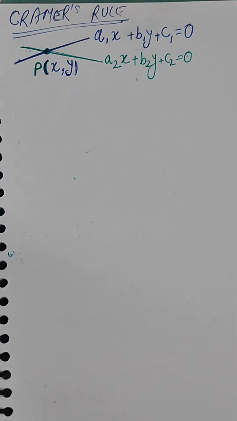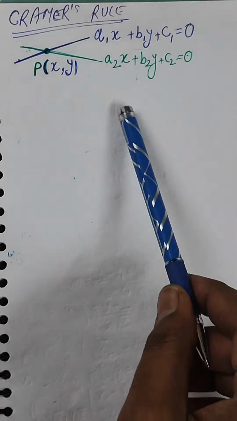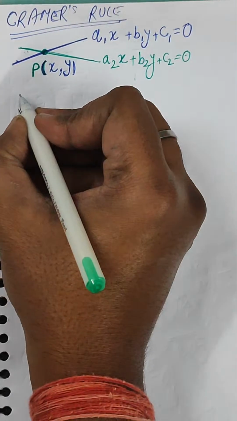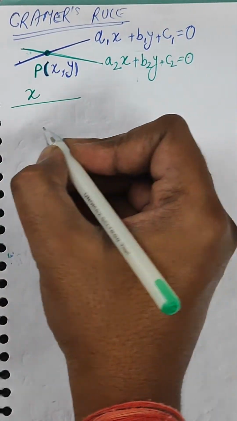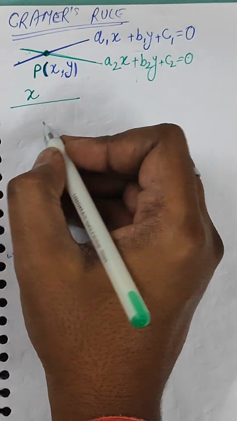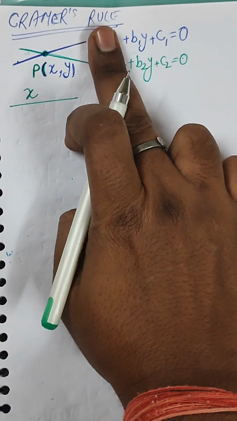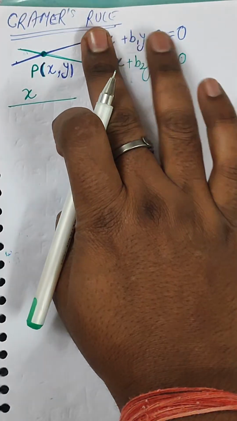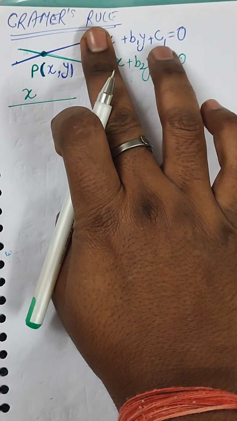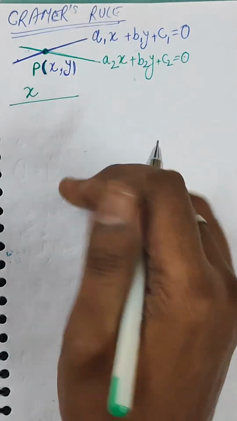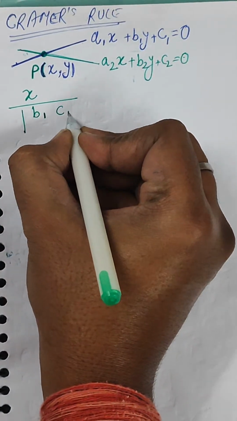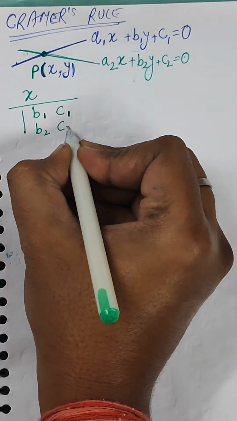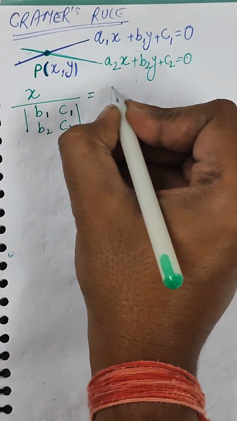If these are the coordinates of the point of intersection, then from Cramer's rule it is given by x over the determinant where we leave the coefficient of x and consider the coefficients of the other two, that is b1 and c1 from the first equation and b2 and c2 from the second equation. So this can be written like this: b1 c1 and b2 c2, and this is equal to minus